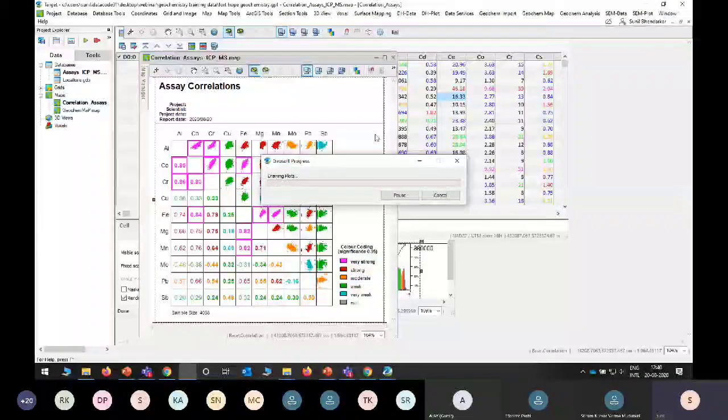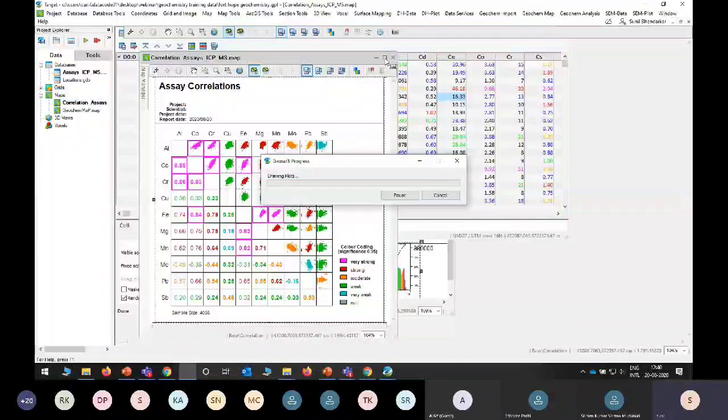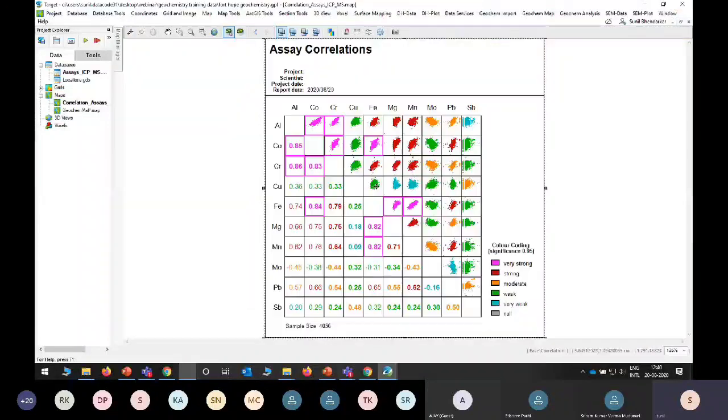So here, as you can see in the figure, the pink one is strongly correlated, like magnesium and Mn are strongly correlated. Mg and Mn, and this pink color, Fe and Mn is also strongly correlated.